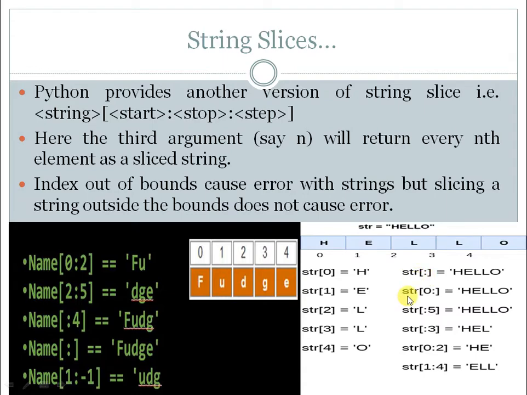And then if you try some slicing, then you get these results. Please look at this carefully. If you are not providing any value, neither the start nor the stop, then it will take the entire string. Why? Because the default value of the start argument is 0 and of the stop argument is the length of the string. So it will take all the characters of the string.